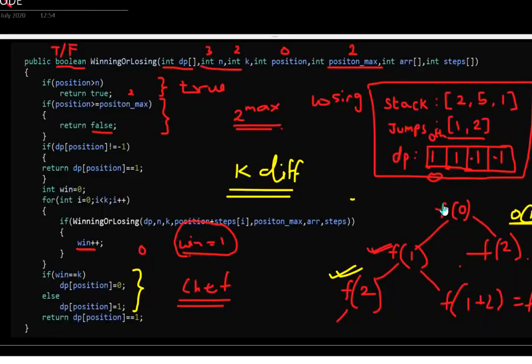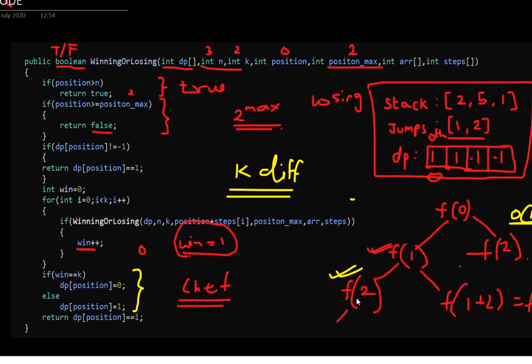This is quite intuitive and you can check this fact out. In the recursion call stack, whenever a function call returns any value, only then we move to the next call. So like here, if f of 2 returns true or false, then we move to f of 3 here. So the size of the call stack still remains 3.